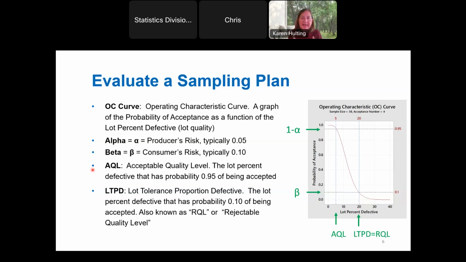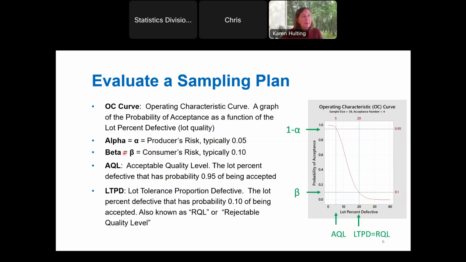And so the idea is that we'd love to always produce perfect product, right? We'd like there to be no defectives in the lot, but we define that value as the good quality that typically will be accepted by the acceptance sampling plan. And so then you can find out for this acceptance sampling plan what kind of quality typically gets accepted. And so that's important to know.